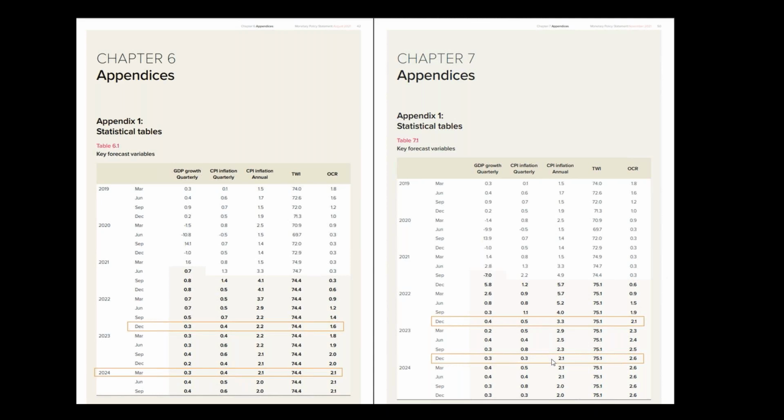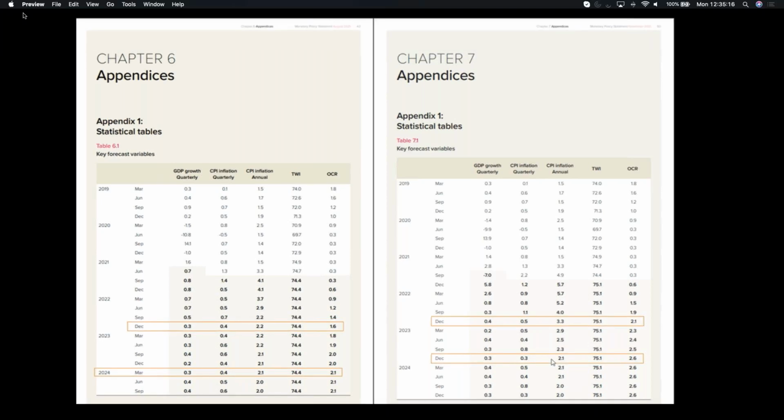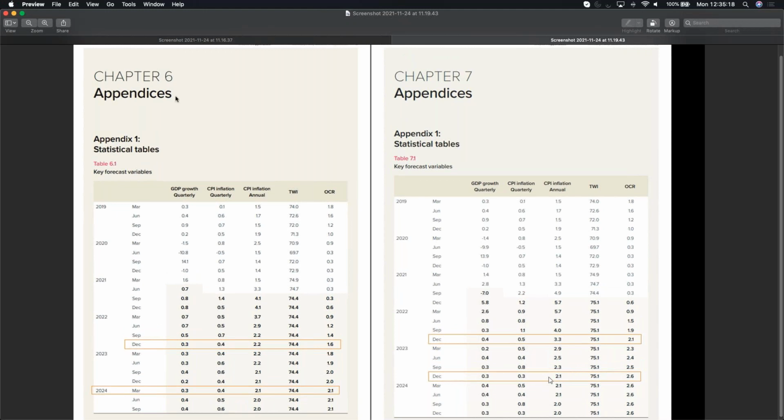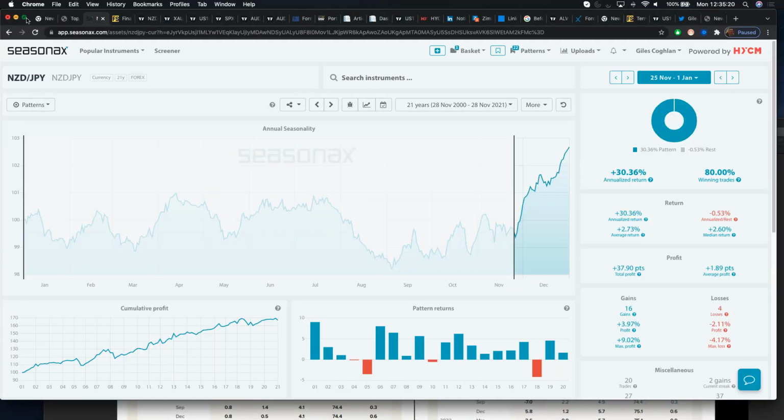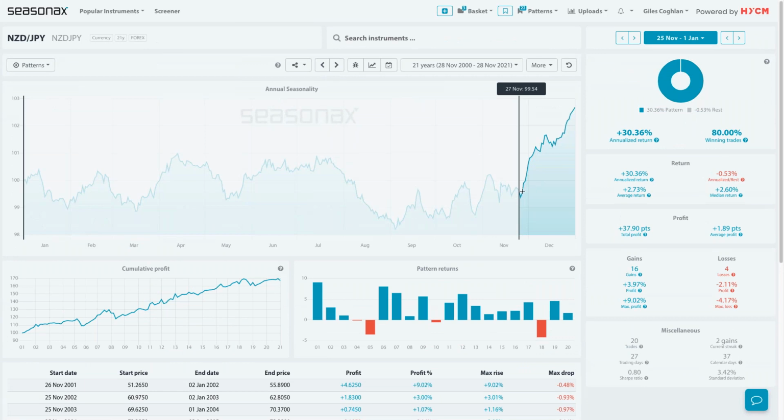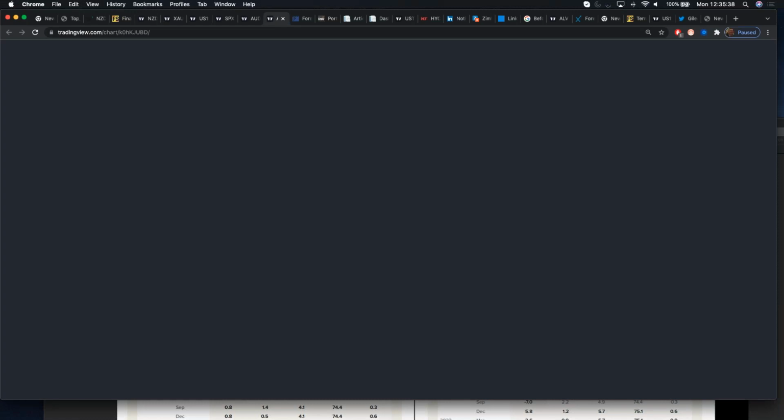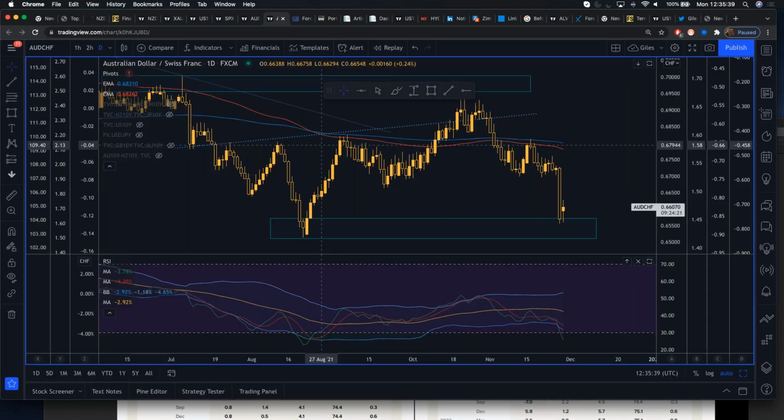Now, that does mean that the potential for New Zealand dollar dip buyers is definitely in play, and it's not unreasonable to expect. So we've got some fundamental reasons, and we've also got this strong seasonal pattern. So New Zealand dollar yen upside is very interesting potentially. Now, the reason we've seen downside in the New Zealand dollar Japanese yen as of late is because of this.